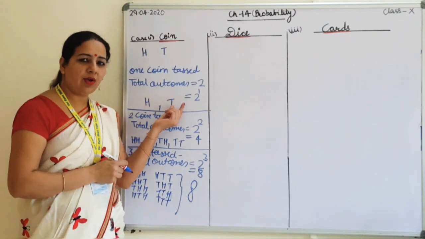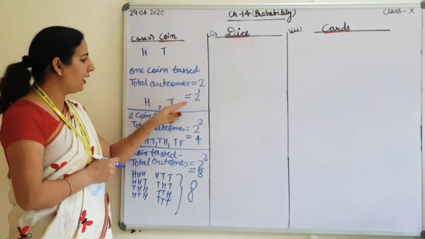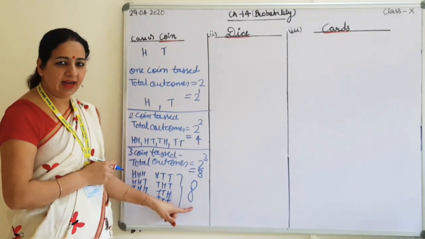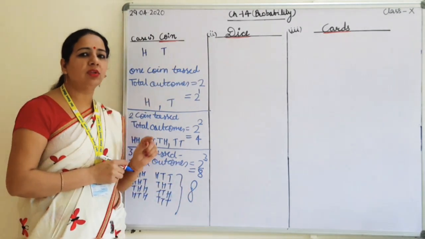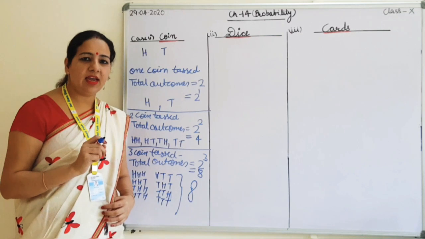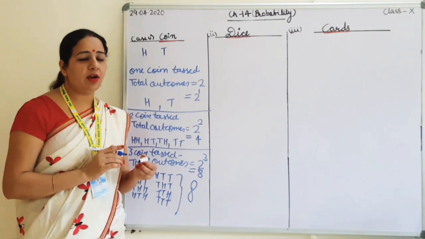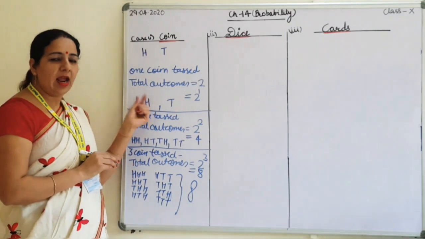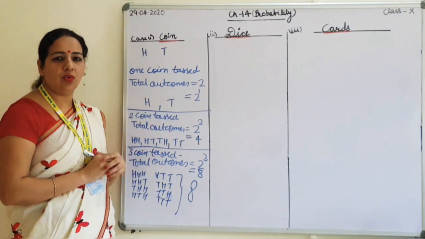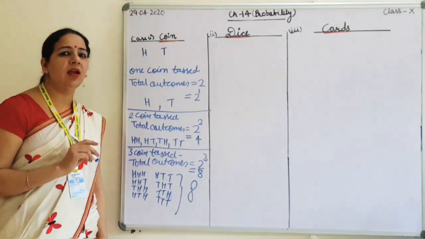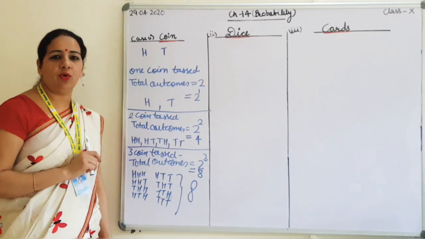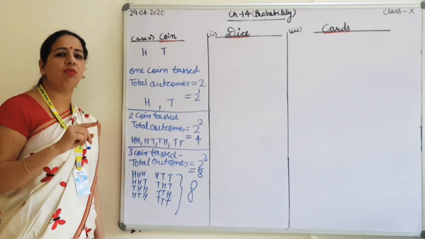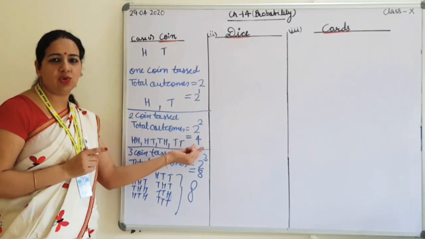So whenever you are going to calculate the probability, for one coin the total outcomes will be 2, for two coins 4, for three coins 8. It means I have just explained the denominator. For the numerator, you have to see the question. What is the probability of getting head? Head means 1, so 1 upon 2. Now what is the probability of getting the same outcome on both tosses? So head head, tail tail: 1 and 2. So it will be 2 upon 4, the denominator is always 4 in the case of 2 coins.